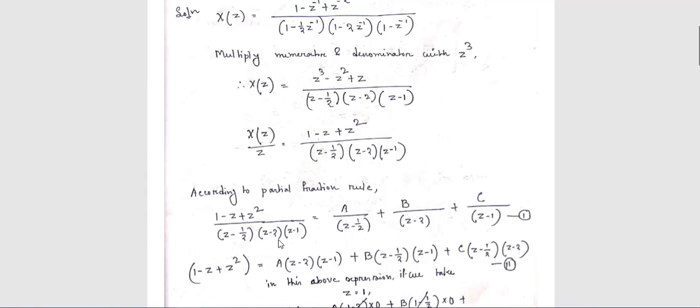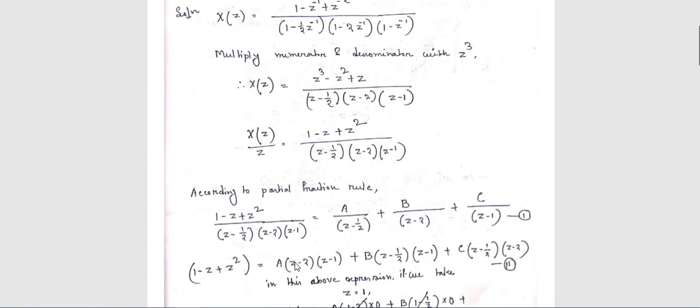One thing here, no pole is multiple pole. That means in residue problems I have shown you two different types of problem. In the first problem there was a simple function, and in the second problem you have a multiple pole. In case of a multiple pole you have to change your residue rule slightly. Similarly, if you have a multiple pole here, then you have to change your formula. In the next problem I will show you.